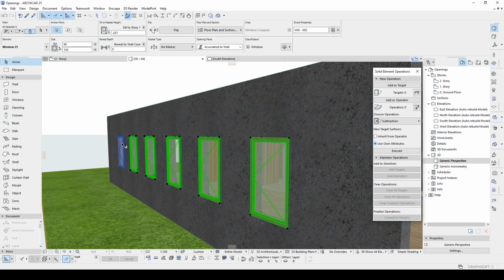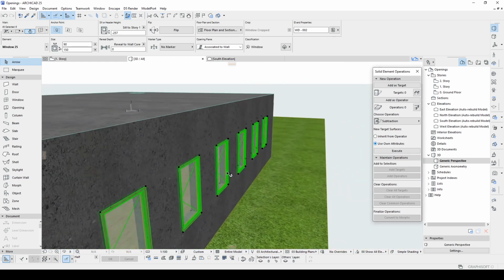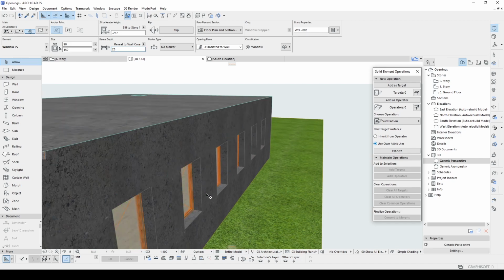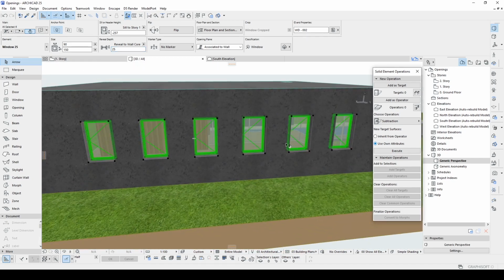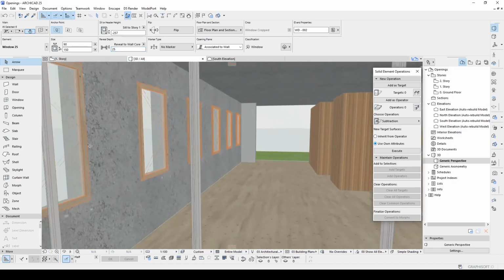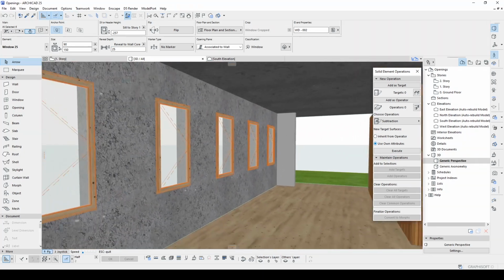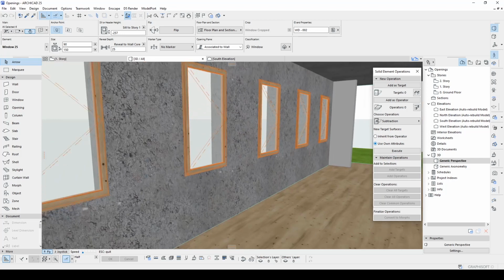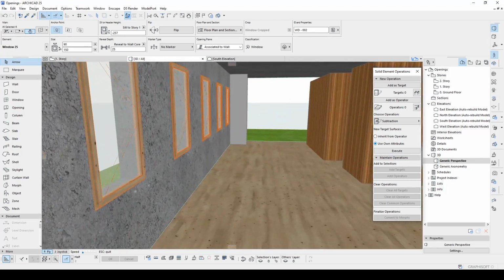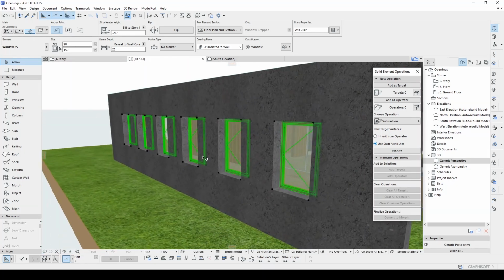To create some depth, we can change the reveal to wall core. For instance, let's input here 30 or 25. We have depth here, but for the inside, we don't have any depth. It's not elegant for the interior design. What we are going to do, let's go back,